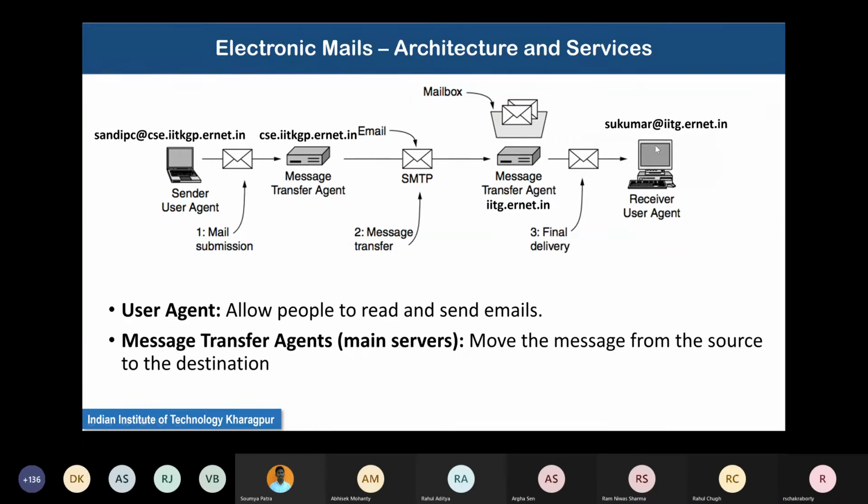through commands. Of course, what you do is your user agent would execute some command which will ask the message transfer agent to delete some stuff from the mailbox. But unless you delete something, the message transfer agent does not care that your mailbox has filled up. It only cares about assigning you some space, say 1 GB of mailbox space for each user.